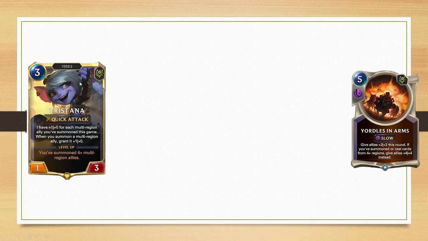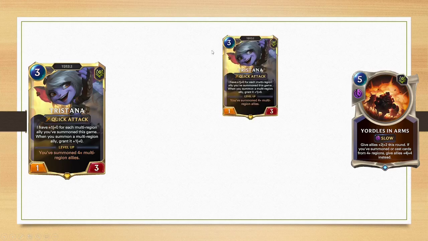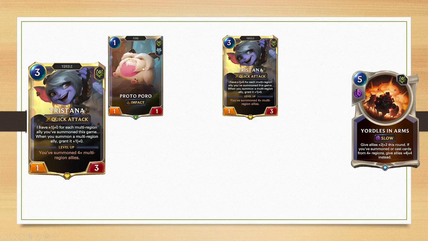She's like an alternate win condition. If you don't draw Yordles in Arms, then she can work. Let's take a look at the curve that includes Tristana. Let's say you want to play Tristana on turn 3 in this Vandal City deck. Your best possible way to still achieve your Yordles in Arms on turn 5 with +4/+4 would be turn 1